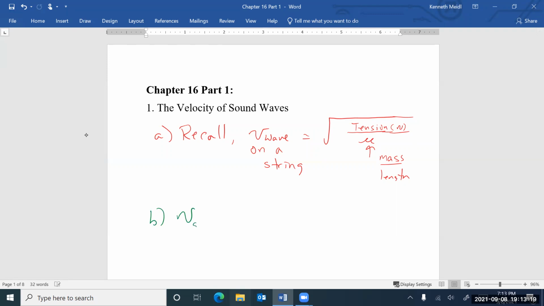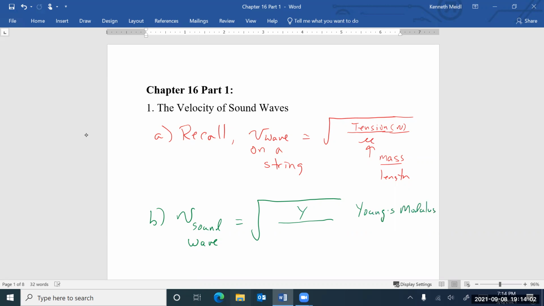The velocity of a sound wave too is going to depend on the material, and it may not surprise you that there's a square root here, and inside the square root is a fraction. So it comes down to the same type of form. Now you start wondering, you can't put air molecules under tension or anything like that, and that's true, but usually in a textbook you'll see a Y here, which stands for something called Young's modulus,